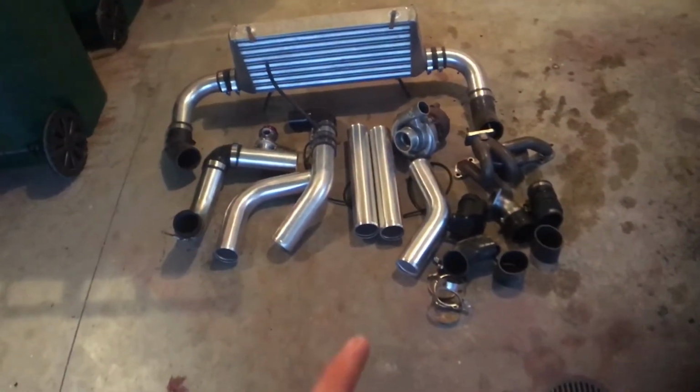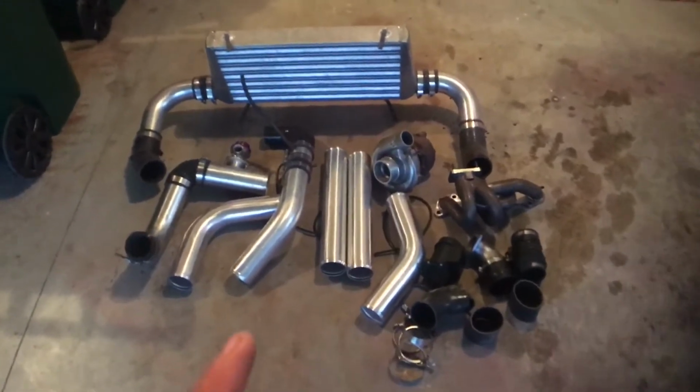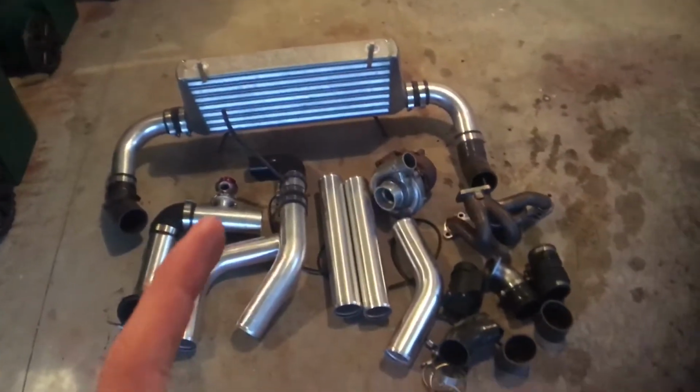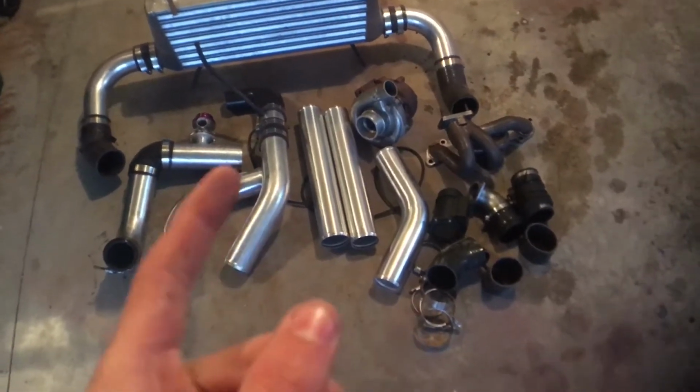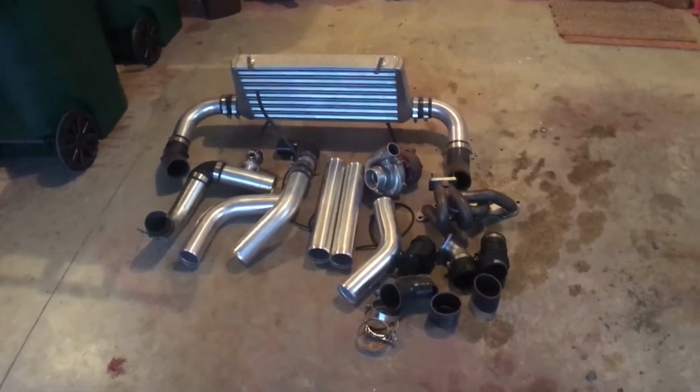So yeah. We could do an RS Enthalpy tune, but my only thing with that is down the line, I would like to probably do built internals, like forged rods and pistons and cams, and I don't really feel like doing a retune because it's not like he comes and tunes it. Basically, you just tell him the setup that you have for your turbo, and he tunes it to what he thinks it's going to be, and then you just go back and forth till you get it good. Or I'm going to look into a NIS tune. You can't do two-step with the Enthalpy, and that's something I really want, because I want to make those videos, getting the cops called on us for two-step and scaring people with two-step, because it's so cool. So I'm going to look into a NIS tune for that, but